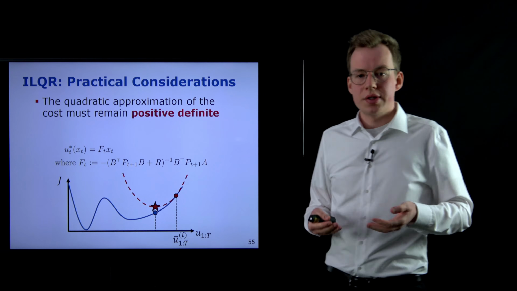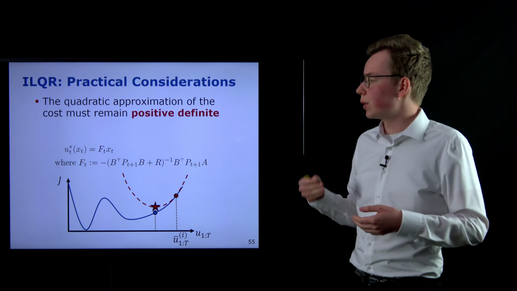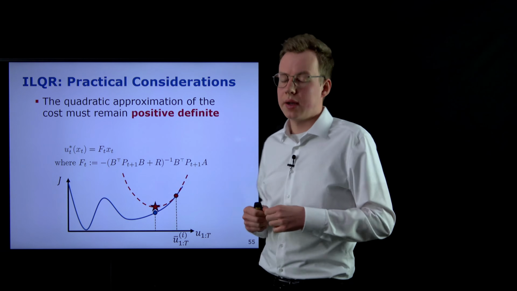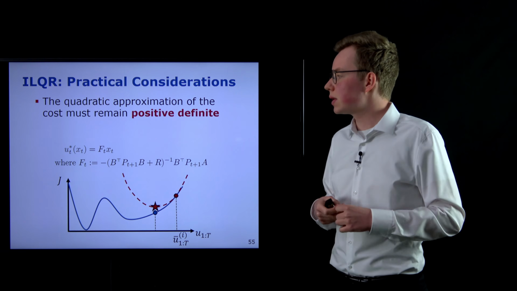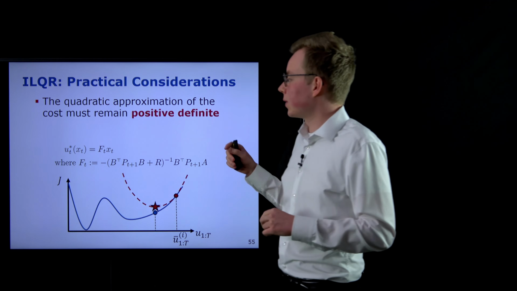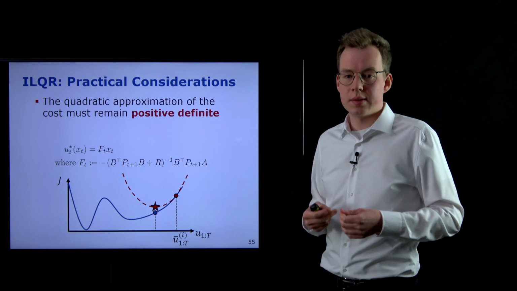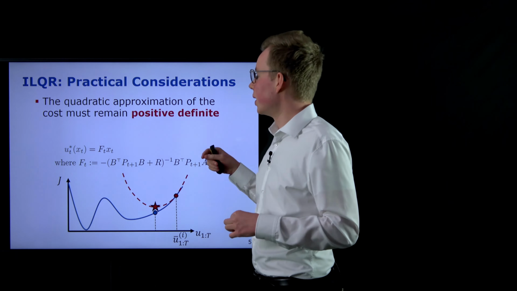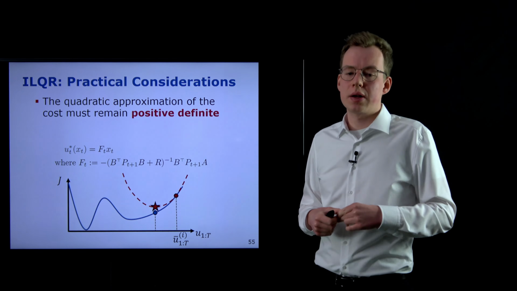Okay, so that concludes the LQR algorithm that you can use to approximate nonlinear optimal control problems. There are two practical considerations that I want to highlight here, which are important to make this algorithm work reliably in practice. Here we'll go over the main ideas of why they are important and what you can do to address these points. The first point is that we have to make sure that our cost landscape